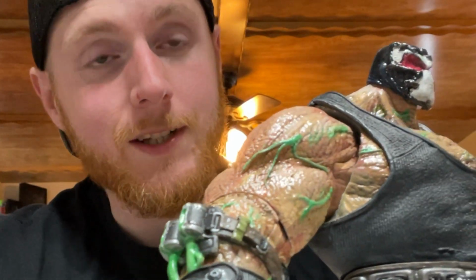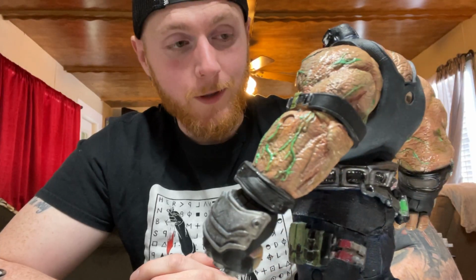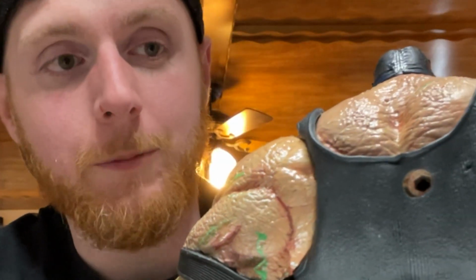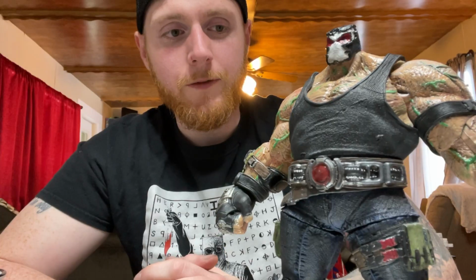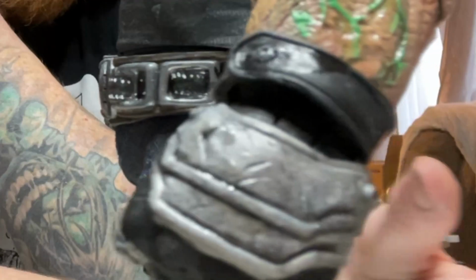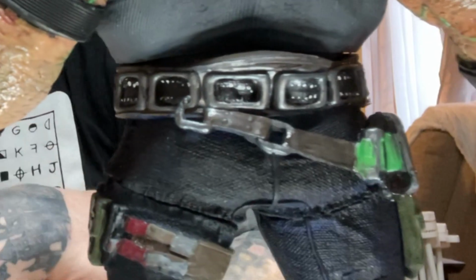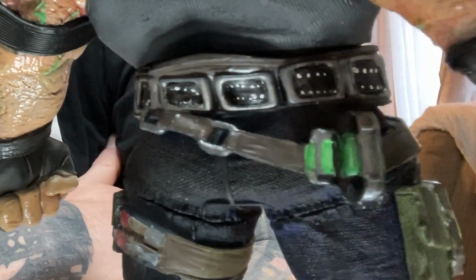And there you have it, guys. That's my breakdown of what I did to this figure. I don't recommend this figure to anybody. Bane is one of my favorite characters of all time, and I don't like this. You know, even as a customizer, I still don't like it. There are things that I like about it that I did. I like how that turned out with the little canisters. Yeah, I like how the patches turned out, but...